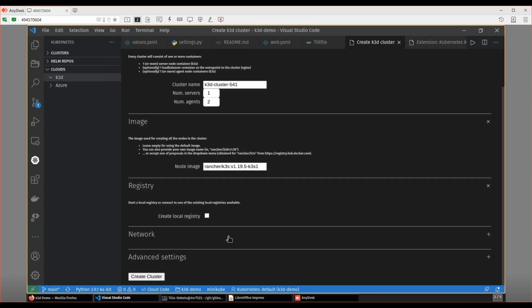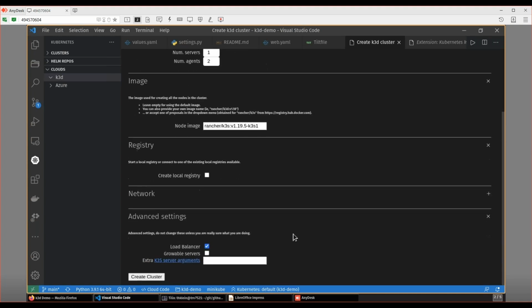like the network, which is kind of hidden right now, and you have some advanced settings like I want the load balancer, I don't want it. Growable servers, it's actually a pretty cool feature. This is